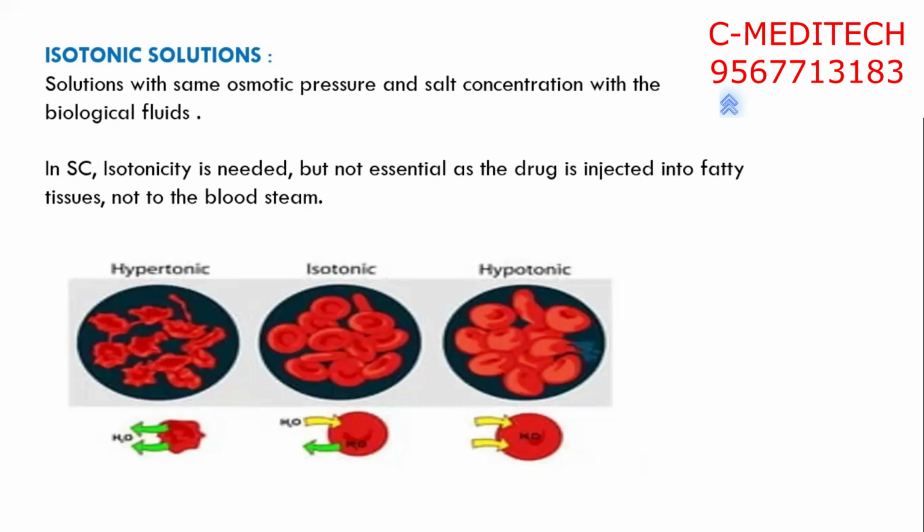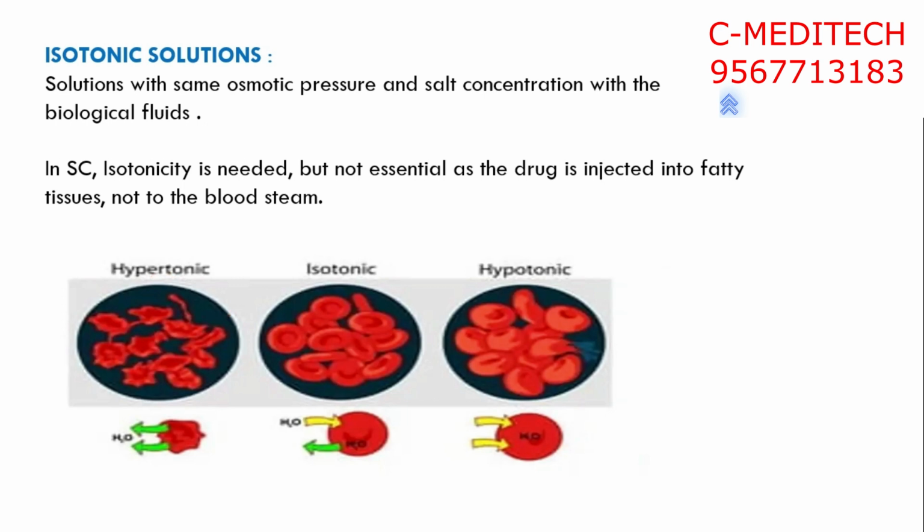We know that RBC cells, or red blood cells, have a very thin cell membrane. They don't have a thick cell membrane around them. So if we use any kind of hypertonic or hypotonic solution, that will cause complications. Hypertonic means solutions with higher salt concentration and hypotonic means solutions with lower salt concentration. And isotonic solutions will have an equilibrium, or the same level of osmotic pressure and salt concentration, with the biological